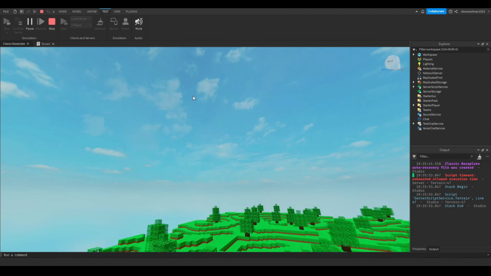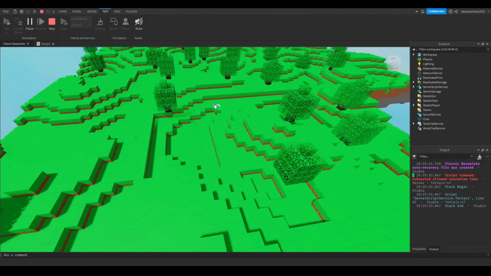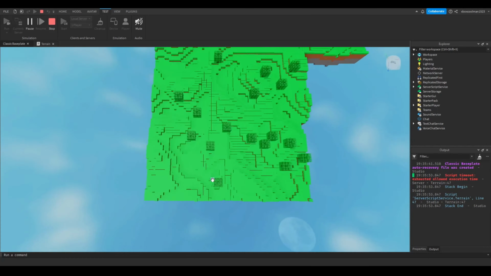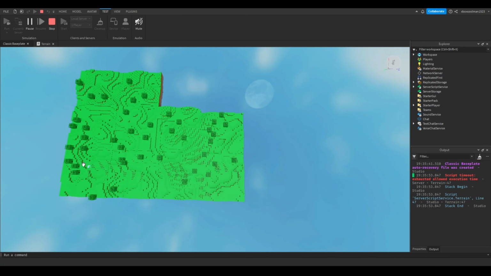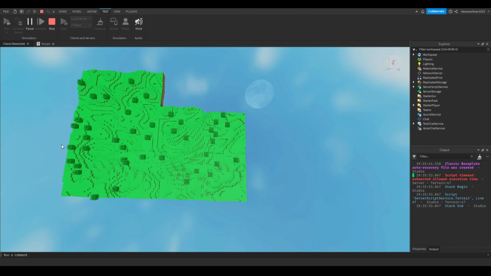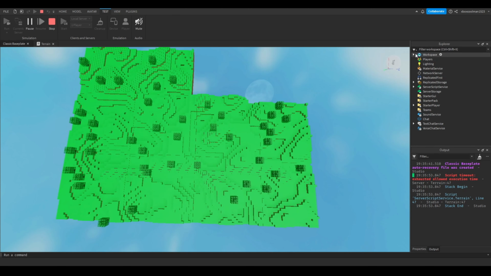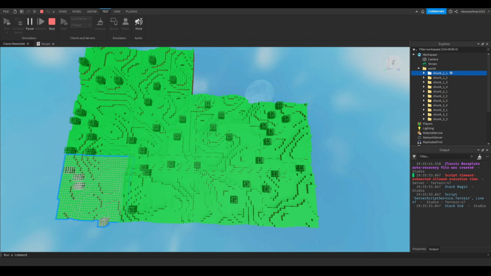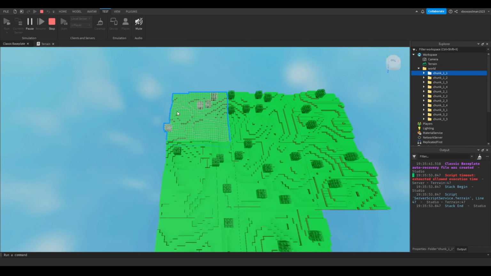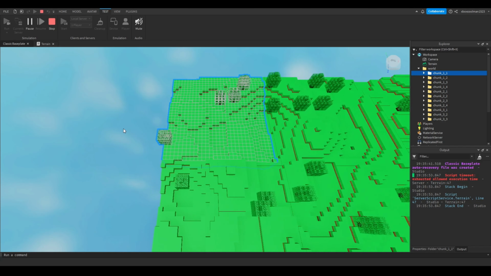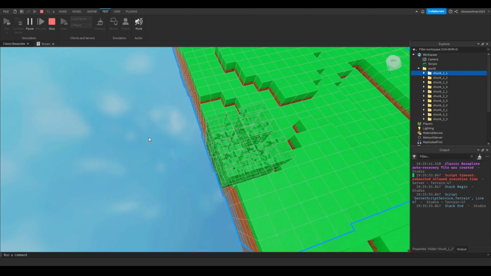But it does work. That's the good thing. If we go up, you can see these little lines right here represent the chunks. And now if I select the chunk,